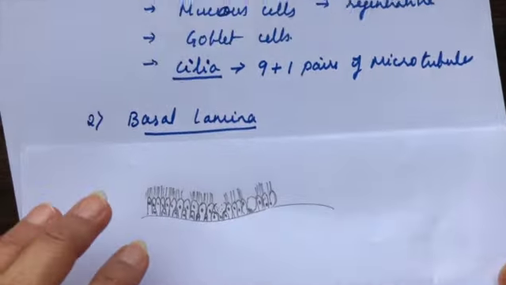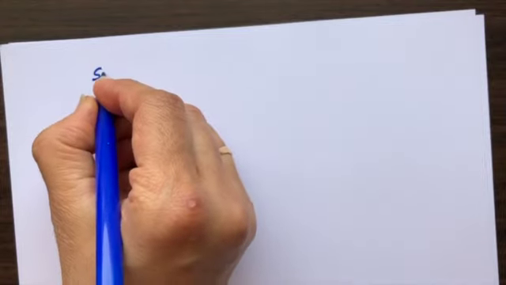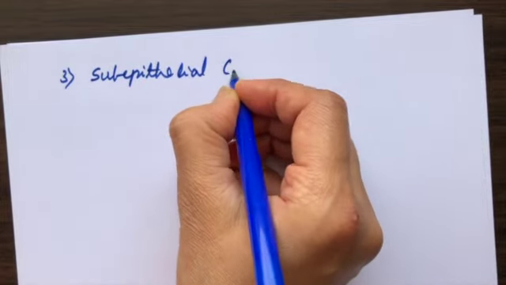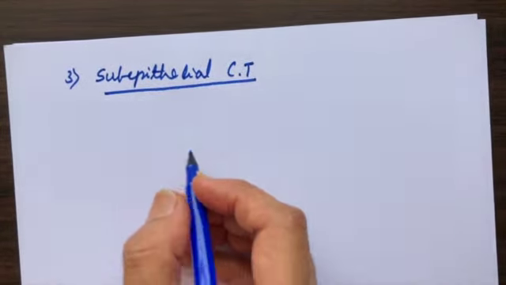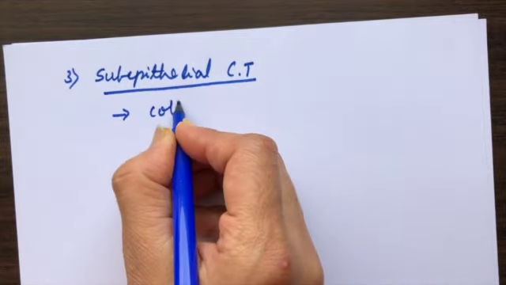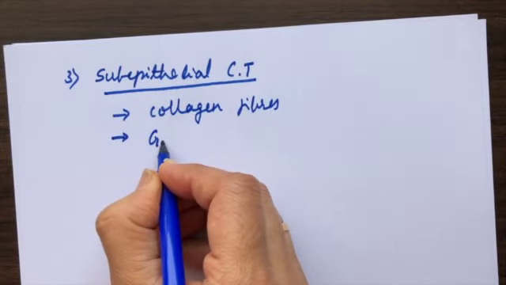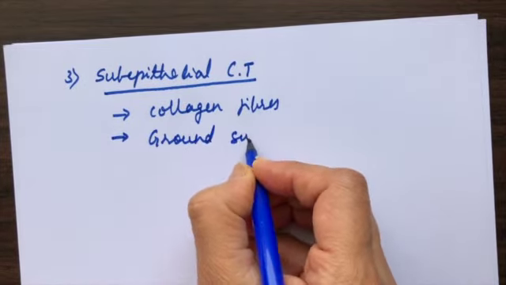Now coming to the subepithelial zone, where we see the collagenous fibrous stroma, that is subepithelial. Third layer is the subepithelial connective tissue, which has collagen fibers, which has of course ground substance, we have fibroblasts, there are blood vessels and nerves,